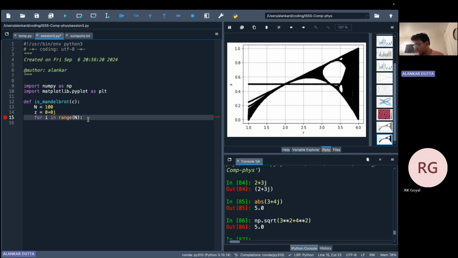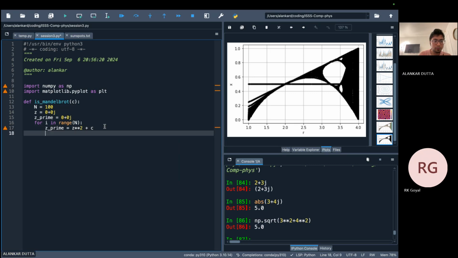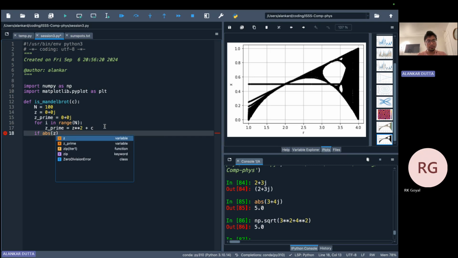Okay. So now we do something like z equals z prime, let's say. To start with, I define this in the same way, 0 plus 0j. And I define z prime equals z square plus C. C is the number that we are going to pass in here. And once we have done this n number of times, if the absolute value of z is less than 2, this is the test that we do, then